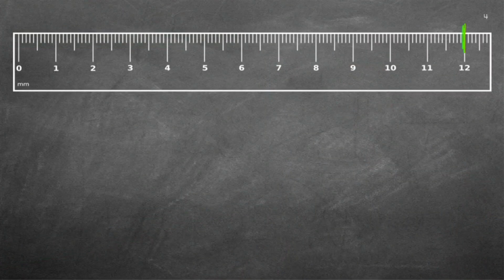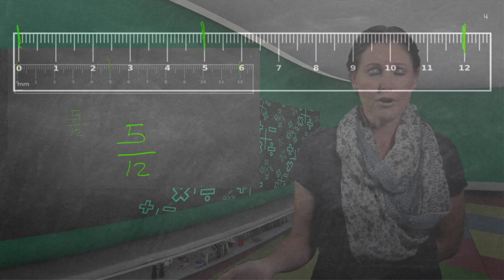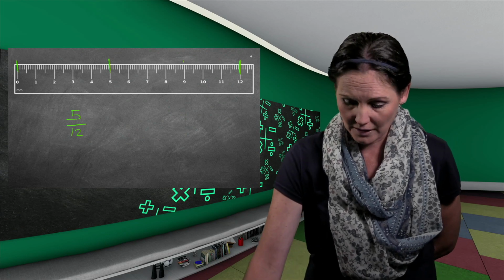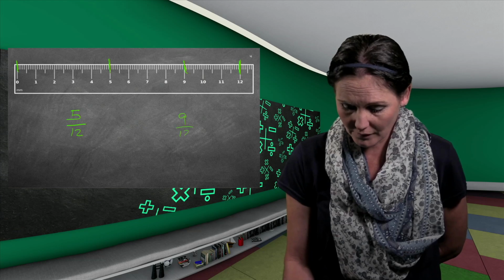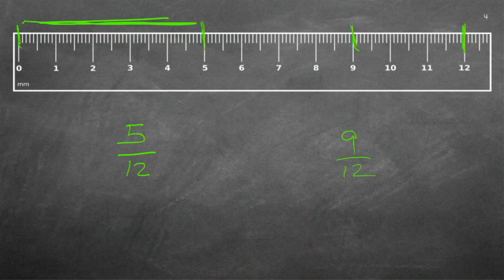Here you can see it and test it on a ruler. The ruler is divided into 12 parts. If I tell you, okay, boys and girls, today we're going to use 5 centimeters. So it's 5 parts of this 12 centimeter. So I'm going from 0 to 5. So this will be 5 12s that I'm using. And then tomorrow we are going to use 9 12s. So here I've got 5 12s and here I've got 9 12s. The denominator is the same, but the more pieces I have of the 12, the more I have. And here you can see on the ruler the difference between 5 12s and 9 12s.